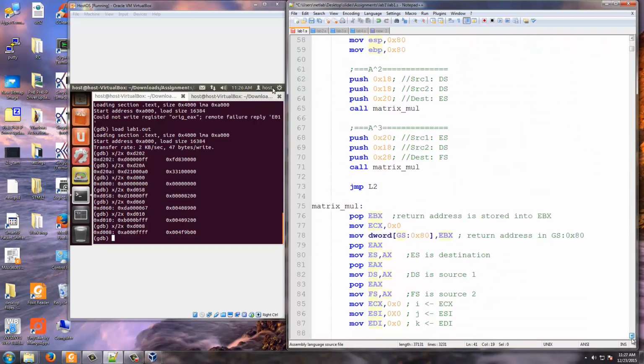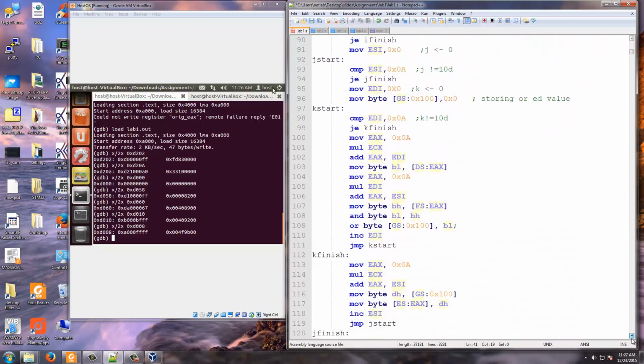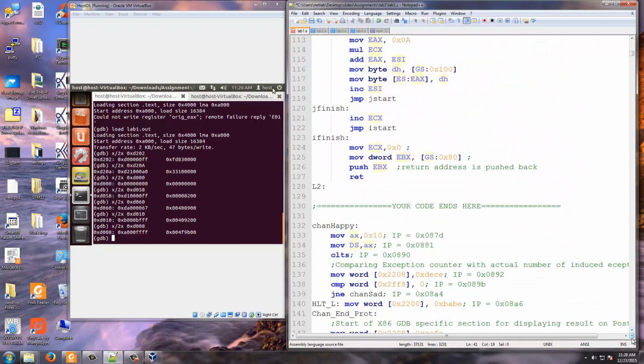Further, it will execute this code, and after that it comes to this stage where again it does move AX comma 0x10, DS comma AX. So what is GDT 0xD010?